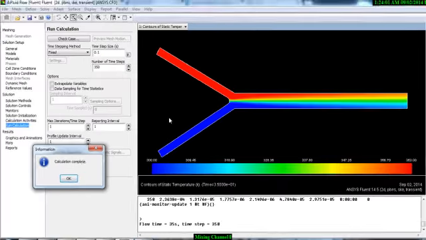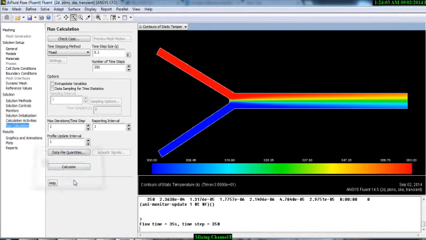Okay, so our solution has been done. So we did, the actual flow time is 35 seconds with 350 time steps, and our time step size was 0.1 second. So right now we want to see this movie. So go to